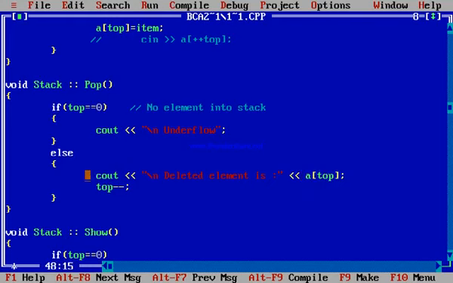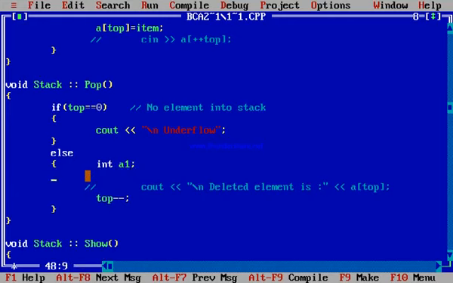Now you can again take one more variable, suppose that is A1.